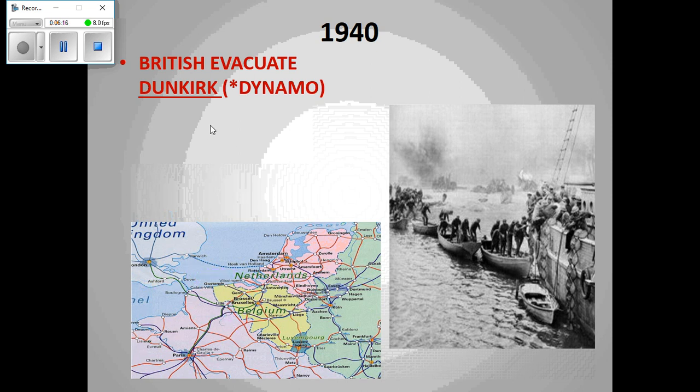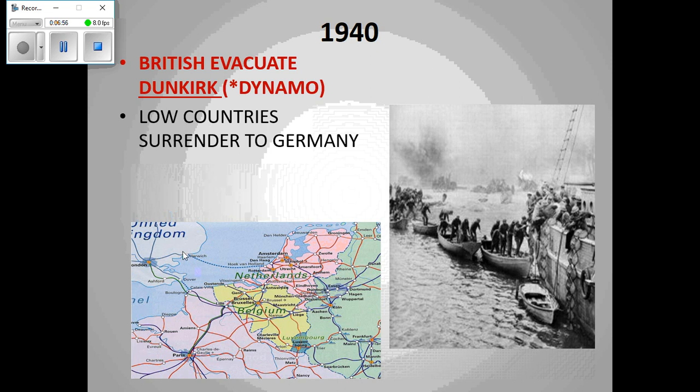And so what happened within about a 12 to 16 hour time period, literally thousands of small British personal boats go zinging across the English Channel, and they start picking up soldiers. Some boats are big enough to carry 6 people. Some boats are big enough to carry 8 people. And they successfully evacuate hundreds of thousands and save the British military so that they're able to fight another day. Now, had this not happened, and Hitler would have been able to annihilate the whole British army, then Great Britain would have been a sitting duck and would have certainly fallen to the Germans.